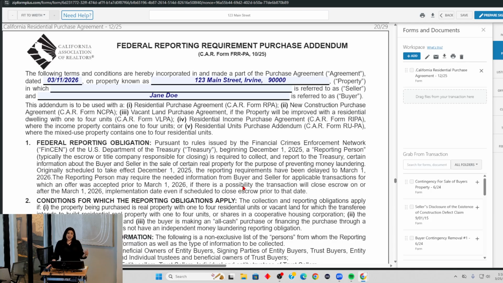But if it's also cash, it'll still trigger it. So anything cash, before, cash was like easy, we got this, it's a quick sale and everything, but now you have to disclose to the